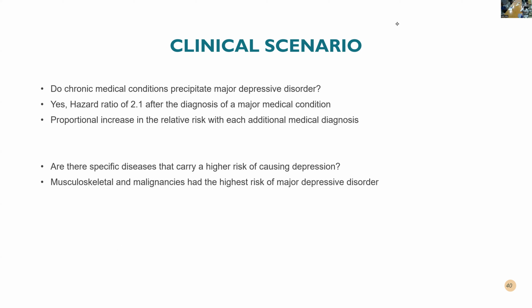So to answer our two questions: do chronic medical conditions precipitate major depressive disorder? Yes, we got a hazard ratio of 2.26 after the diagnosis of a major medical condition. And there is a proportionate increase with each additional diagnosis that the patient receives. Other specific diseases that carry a higher risk, that was the other question we wanted to answer, and we saw that musculoskeletal conditions and malignancies have the highest risk of causing